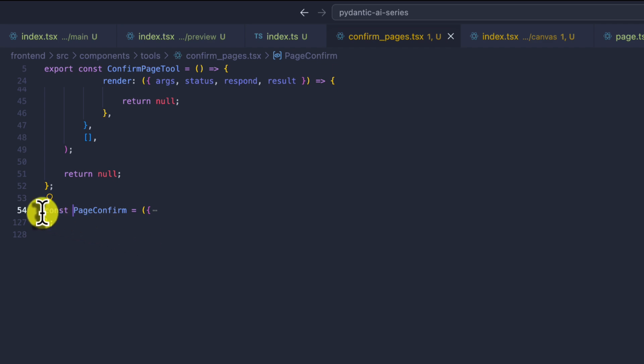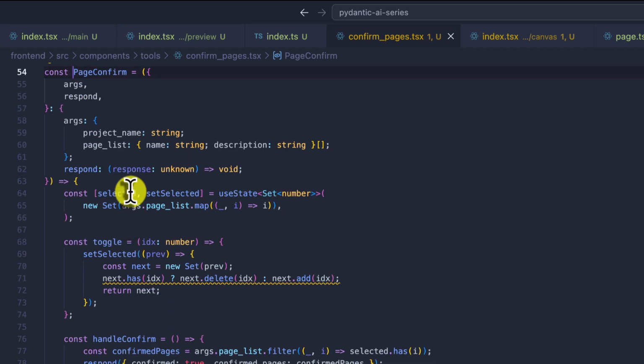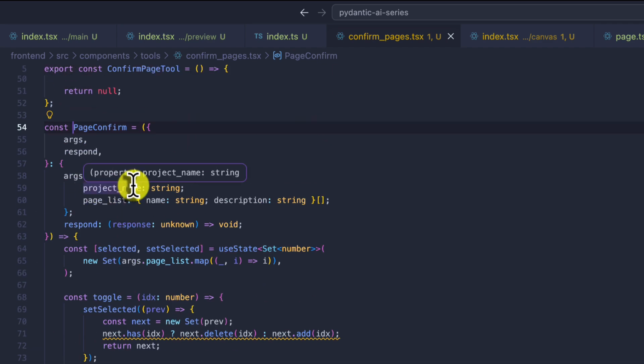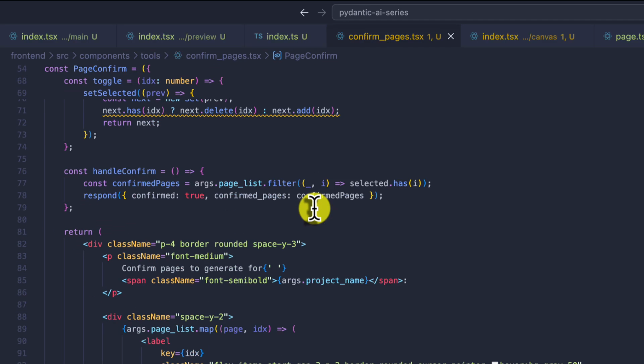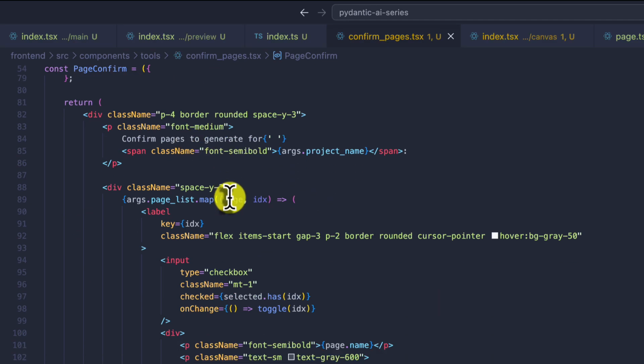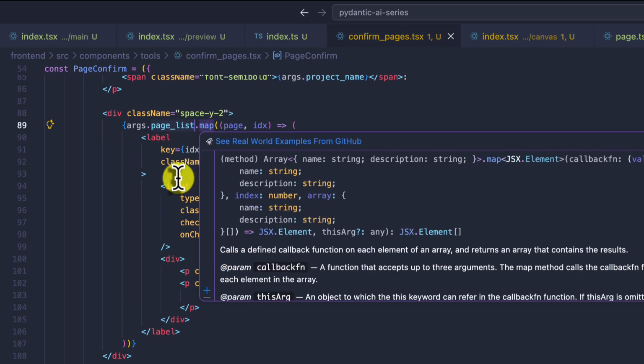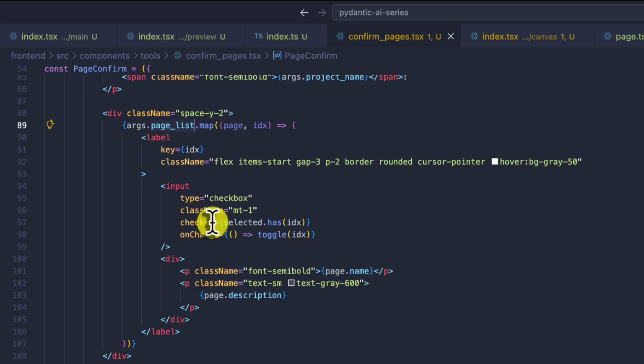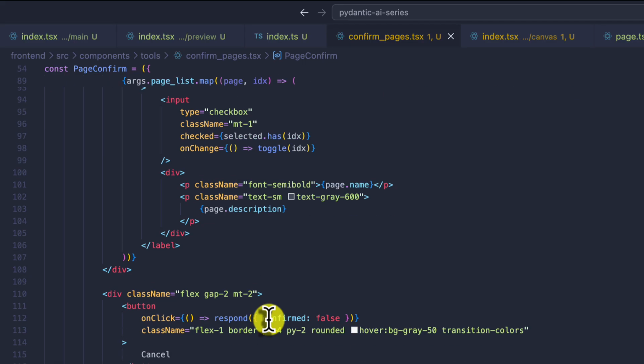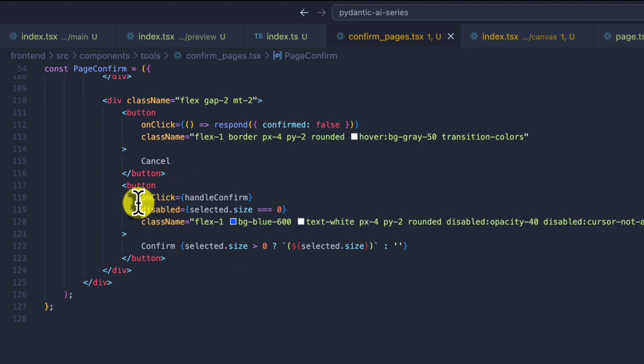We're passing the project name and the page list, the name and the description. Then you can see I do a map over the page list and show the checkbox and all. You can also see the confirm